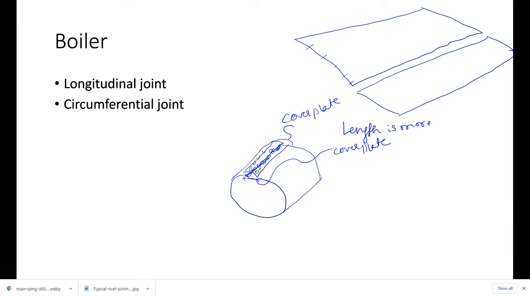Now if you are using a cover plate, then what type of joint is it? Edge to edge connection is made here. If you place edge to edge, join the plates and put a cover plate on top and bottom, what type of joint is it?